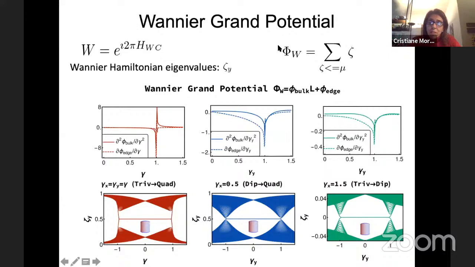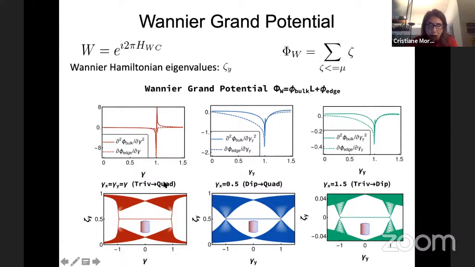And now, for this Vanier grand potential, I can apply the same kind of approach, because now this Vanier grand potential is something that is happening at the boundaries, okay? So since it's something happening at the boundaries, the bulk is now for a one-dimensional system times the length, and the edge is a zero-dimensional system. And if now for this Vanier grand potential, I separate the part that is extensive and non-extensive, and I take derivatives, I will immediately see that the first derivative of the edge shows a discontinuity and the second of the bulk shows a discontinuity. The same for the blue, this is for the red transition when gamma x equals gamma y,